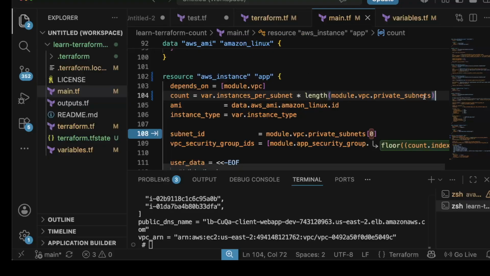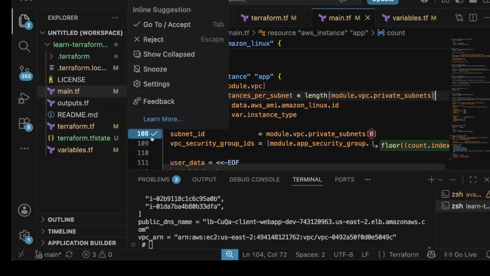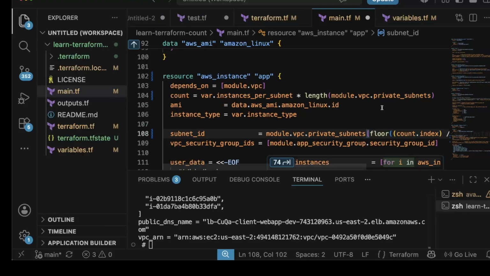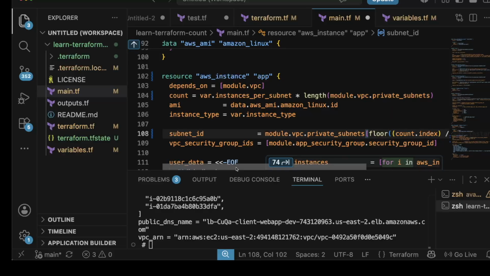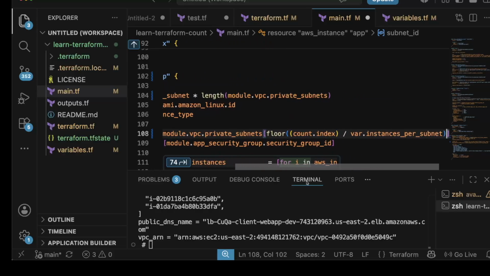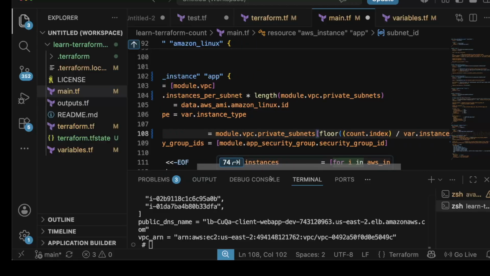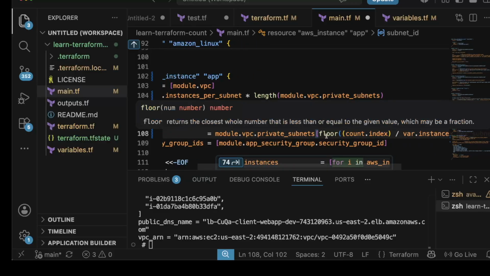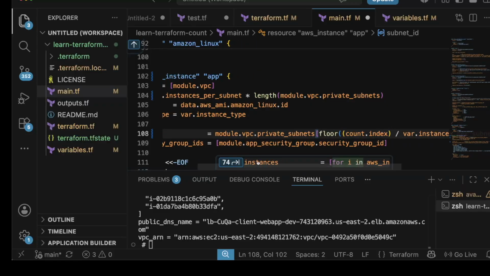Basically, the number of subnets is 2. When you use length, which is a function we watched in the last tutorial, it is basically 4. Our count will be 2 into 2, that will be 4. Now how will you get the subnet ID? The autocorrect has already recommended the suggestion. So if you look at it, the subnet ID is